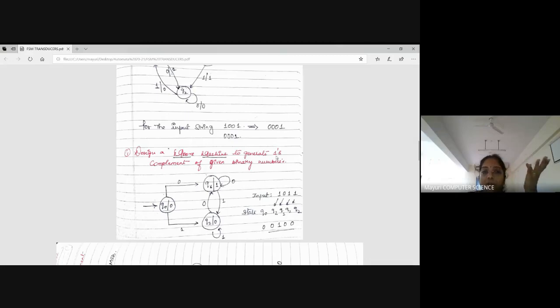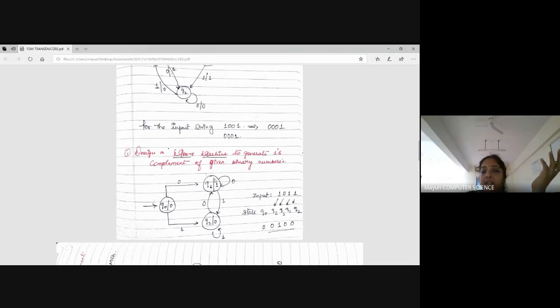Because it's the one's complement category, when I give the input 0 from one state, it has to go to a state where its output has to be 1. At the same time, from the starting state itself, when I give the input 1, it has to go to a state where its output has to be 0. My input 1 becomes output 0, right? My input 0 becomes output 1, right? Now this continues, whichever state you have started with.